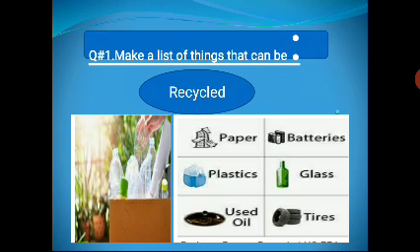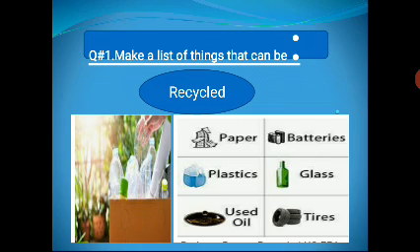Our question number 1 is, make a list of things that can be recycled. Right? So first of all, I'll tell you the meaning of recycling. Recycling is using trash to remake new goods or new things that can be sold again. Clear? And the examples of recycled things are paper, plastic